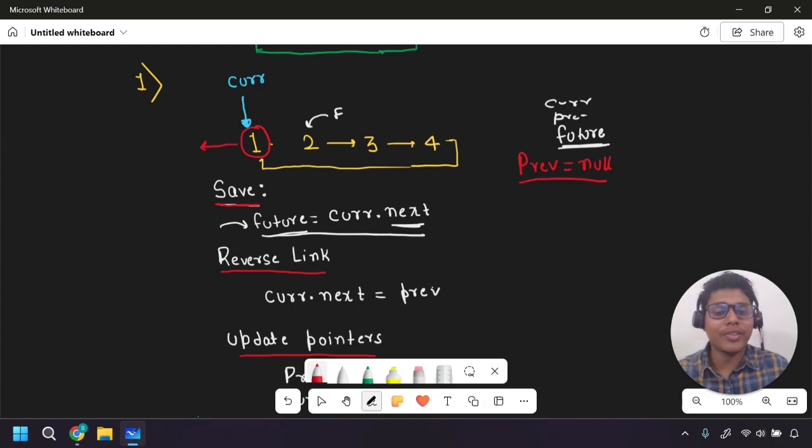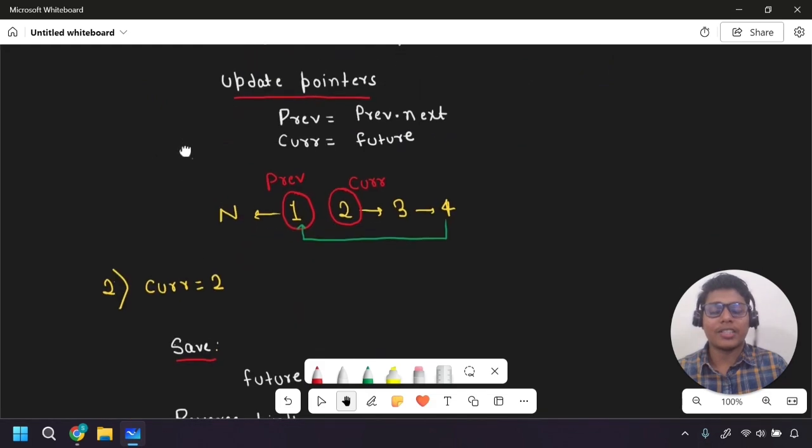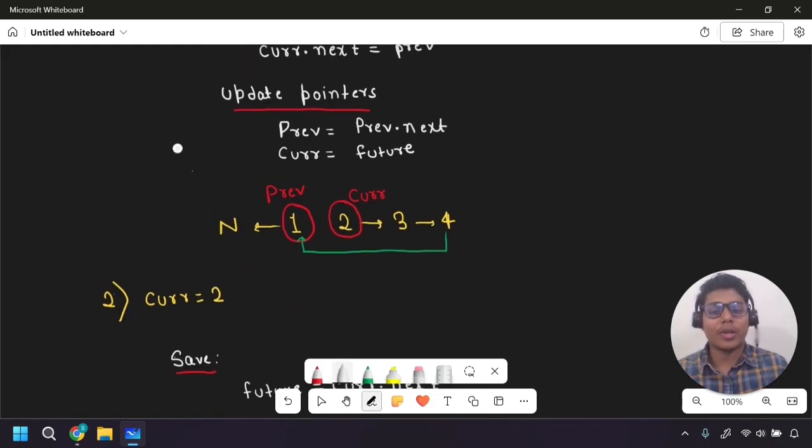So we have decided that previous is nothing right now, right? So previous is pointing to null. It means our current node will start pointing to null, right? Now, after achieving all the things, now our linked list will look like this, right? But don't forget to update the pointer, because look,